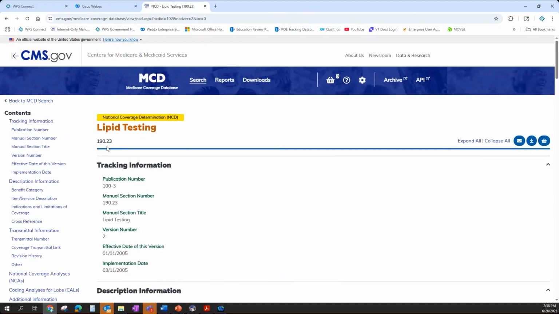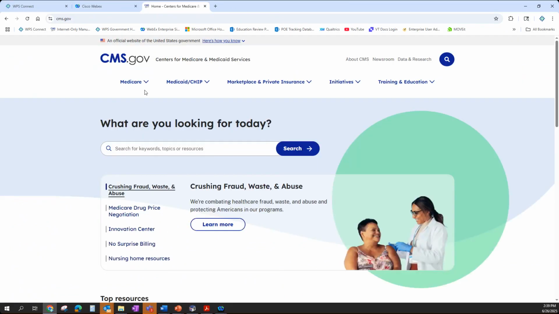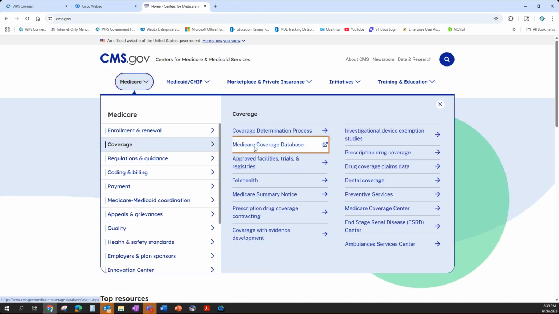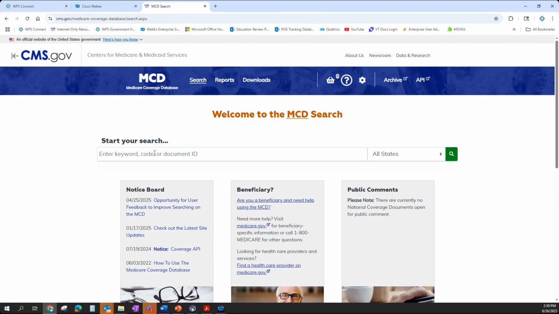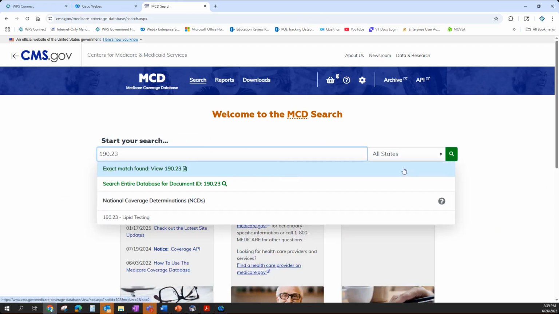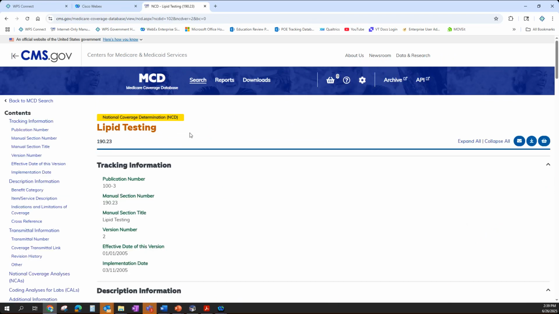But quickly, this lipid testing NCD is 190.23. I'm going to go all the way back out into CMS.gov. There's a lot of different ways to get there. I'm going to show you an easy one. If you go to the Medicare Coverage Database and type in 190.23 and enter, you're going to get to